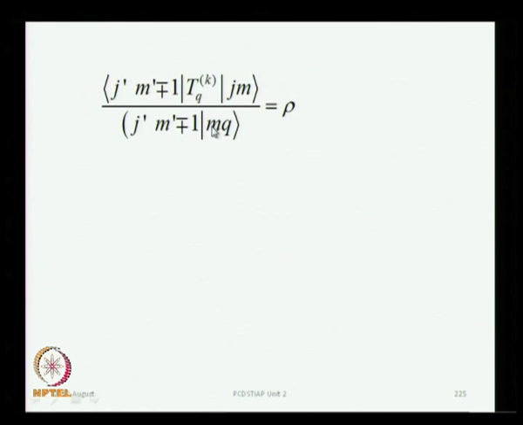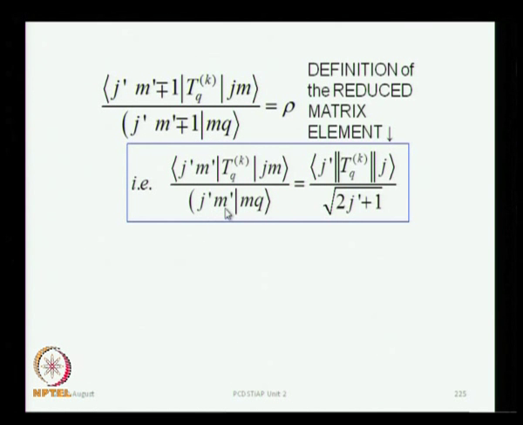and this ratio allows us to introduce what is called a reduced matrix element. So, this is just a matter of notation, the same ratio. Okay. So, you have got a matrix element of the irreducible tensor operator in two angular momentum states, one is J m, the other is J prime m prime. Okay. You can use m double prime if you like, because here you have used m prime minus or plus 1, it is some index after all. Okay. So, you have got